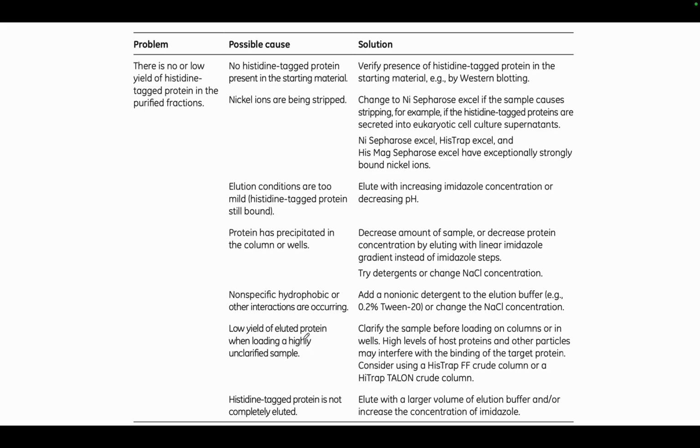Then, as I say, low yield of eluted protein while using a highly unclarified sample. That means our protein amount itself was very low in a very complex mixture. So then it's true that maybe this will not be a very effective sample for affinity chromatography. So we should first try to clarify the sample a little bit. We should try maybe